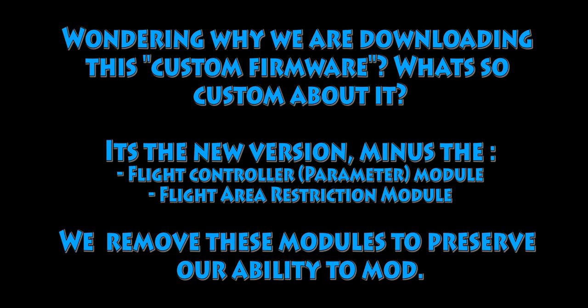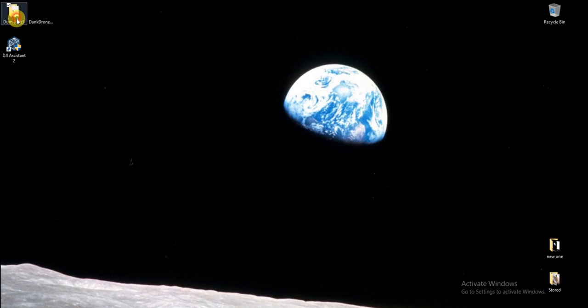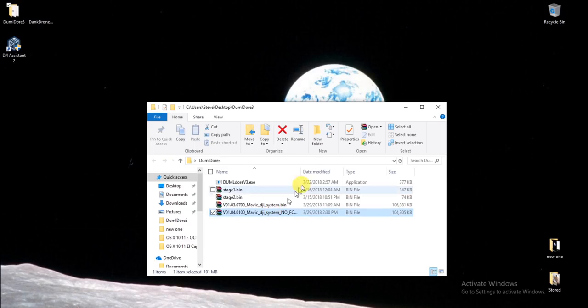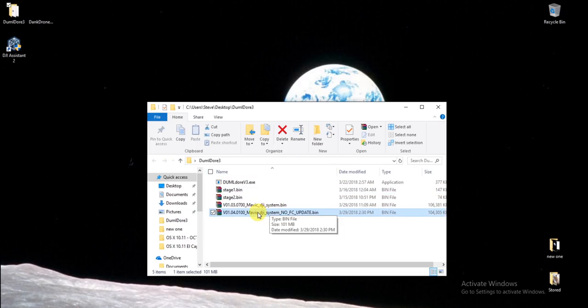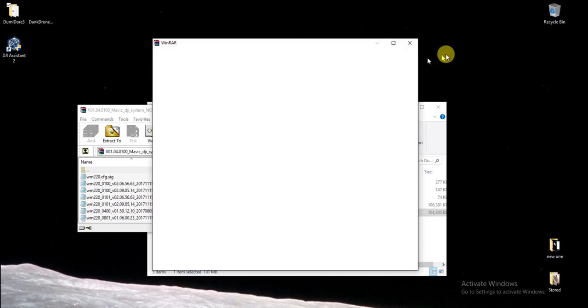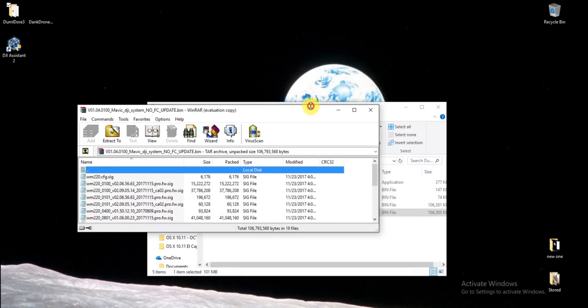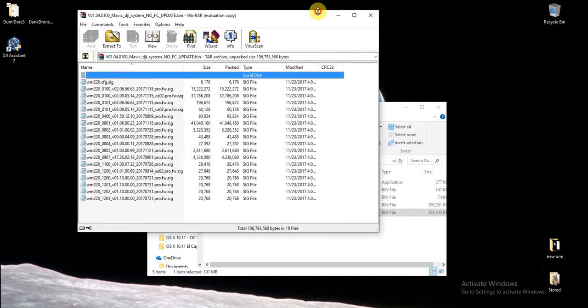So it's the newest firmware, but what we do is we remove 3 modules. There's basically 2 flight controller modules that allow us to modify the parameters. And then there's another one, which is the flight area restriction database file. And so what I want to do is open up the firmware file here and just look at the file so you guys can get an idea of what we're removing, what's different in that custom firmware